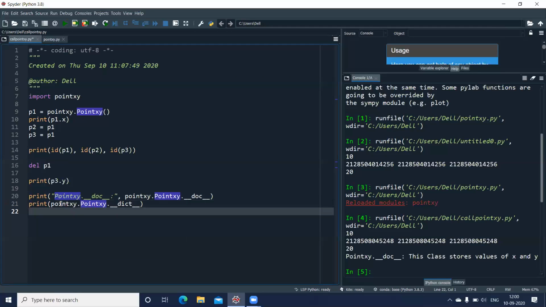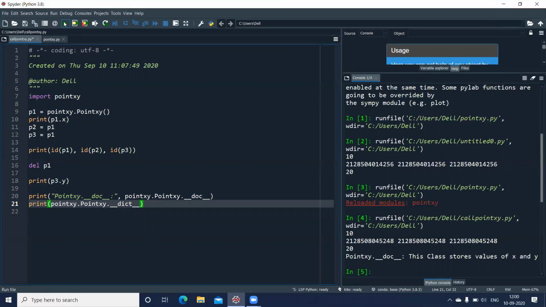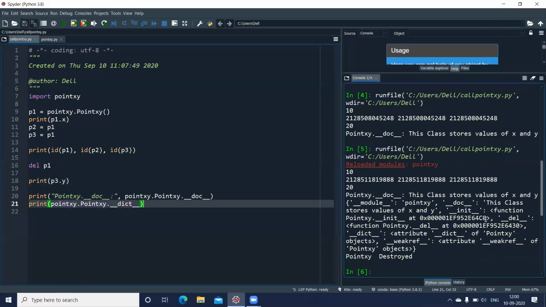Now Point.xy is the name of the file here. That's why the module name. Okay, I'm using that. And here this is the name of the class. Now I run this. You get this dictionary. This is the namespace of the whole dictionary, which will contain all the details of the module, the doc part, the function name, the init, your destructor, your constructor. All the attributes which are there in that particular file, everything will be displayed, but in a dictionary form.